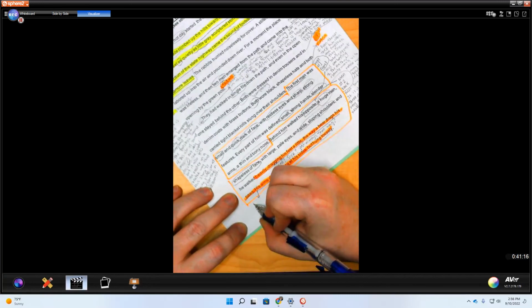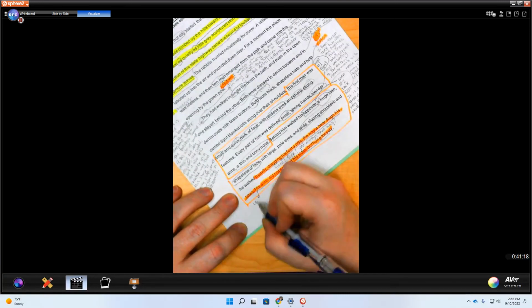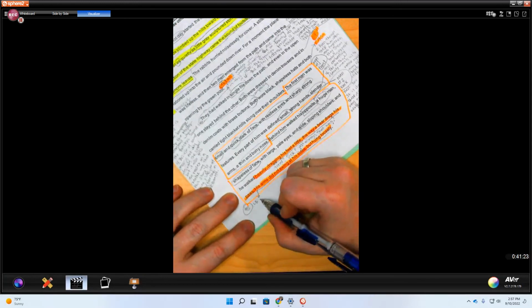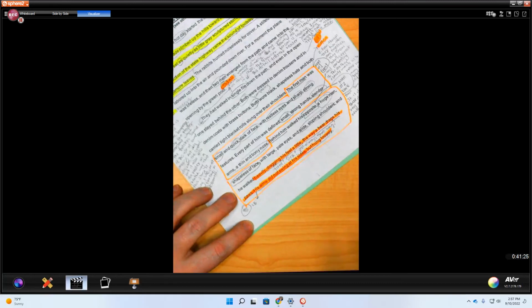Okay, so the first thing I need to do is draw a line to where I'm annotating, and I'm going to put an LB because that's my light bulb moment. I'm also going to say that this is my third other annotation. And then I'm going to say, let's see, I'm going to say at first,